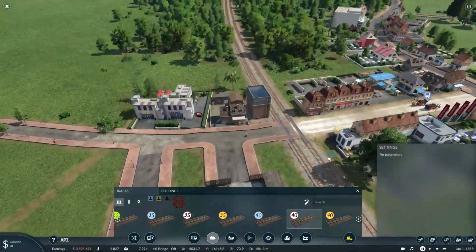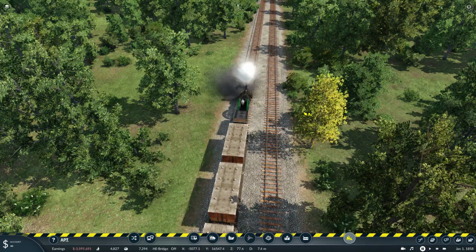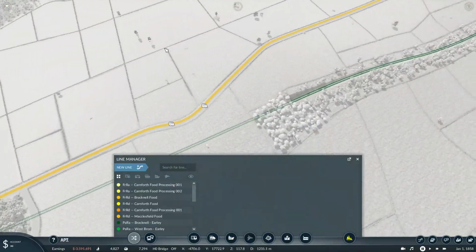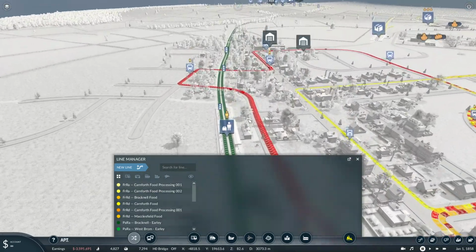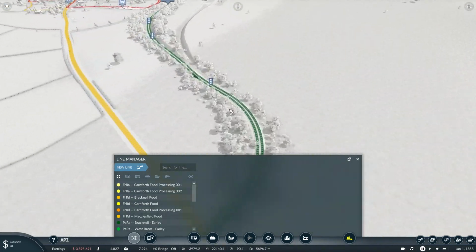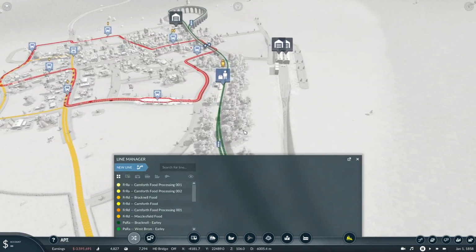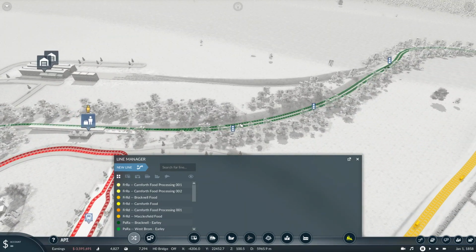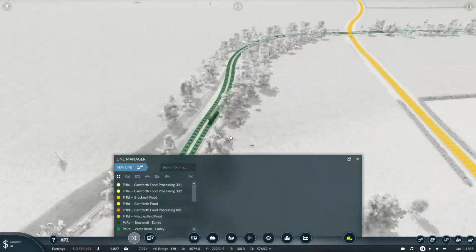And we have the signals there, so realistically we no longer need this signal. That goes all the way. That's now double tracking right the way into Carnforth, which is good. And then we have it successfully double tracking all the way to Bracknell. And then we've got obviously the terminus loop. Okay, that is